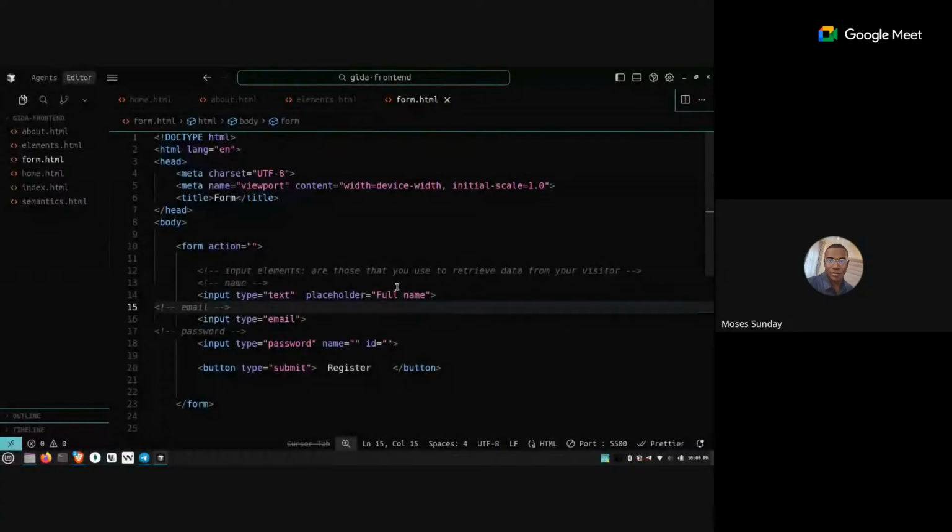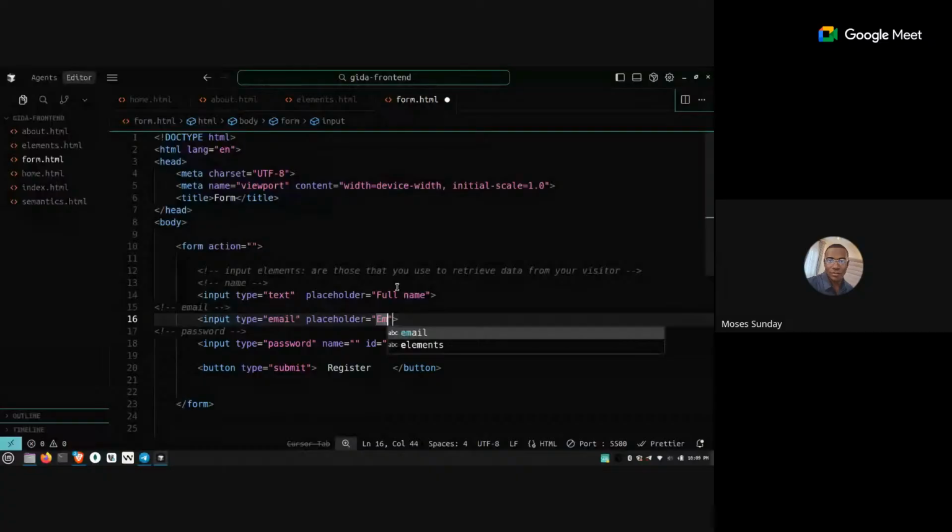Then inside my input element for email, I'm going to place a placeholder and say email, and then inside for password, I'm going to say